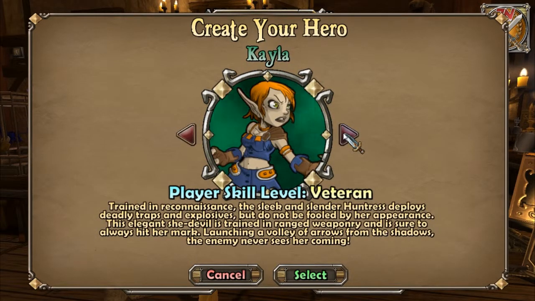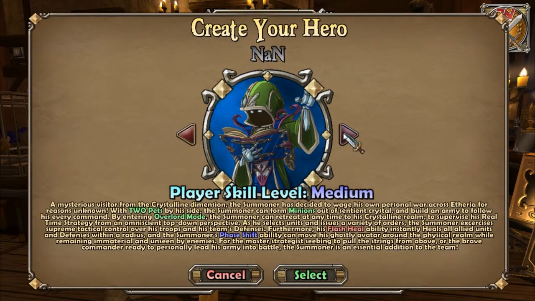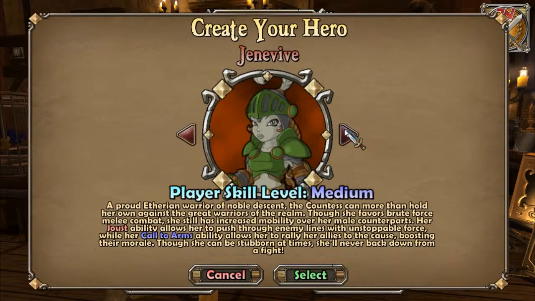This is the Huntress, which has traps and ranged weapons. This is the monk. The jester, sorry, the summoner, series evolution, the barbarian, the Countess, which is the female version of the Squire,